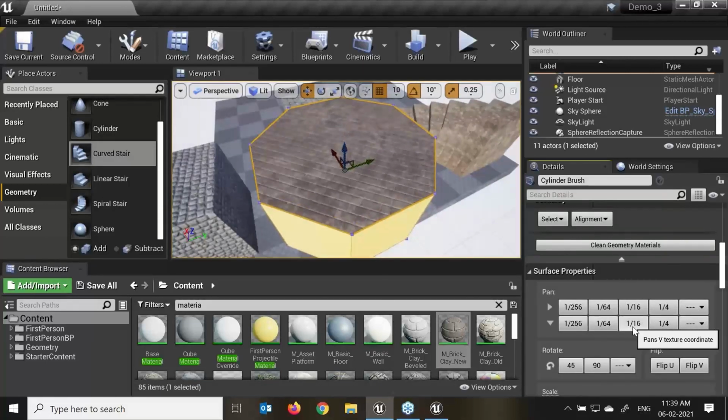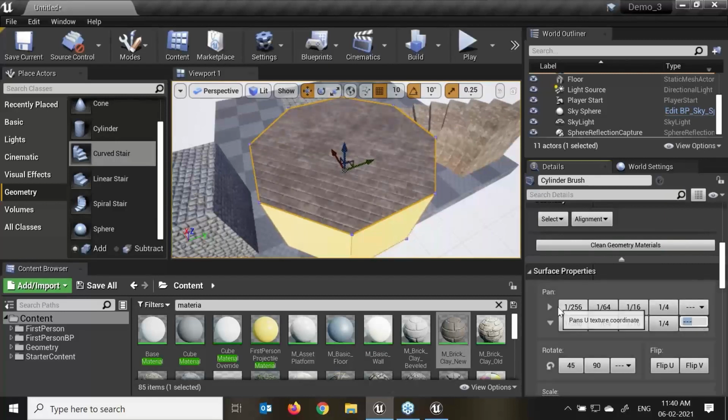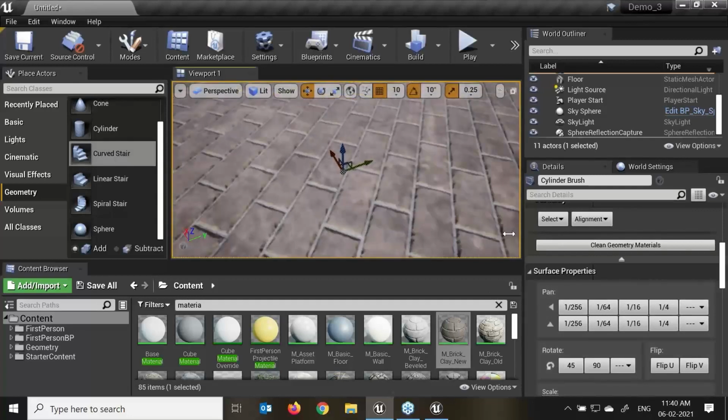Now why UV? We always use it when we are texturing in the texture editor, the UV editor. If I click over here, I can increase and decrease. Here you can see I'm rotating it. Here I can assign my value, which if I want to give any value, I can do that. This is the pan. This is the clockwise or anti-clockwise rotation of my texture editors.